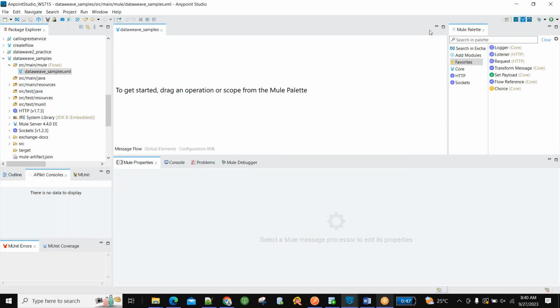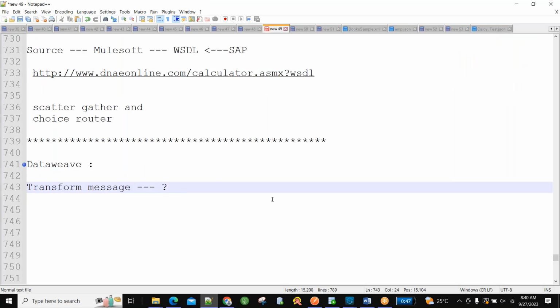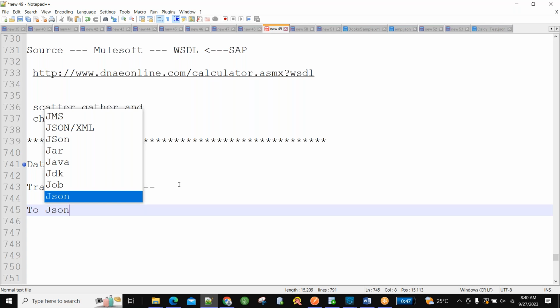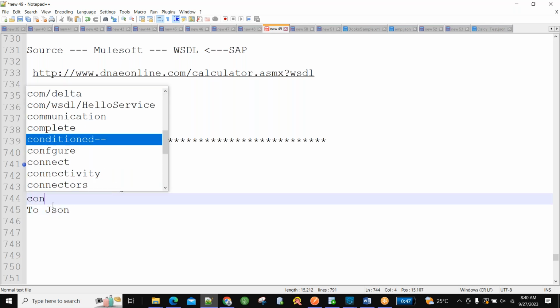Data weave samples. Okay. In the transform message, whatever operations we do come under DataWeave. Till now we have seen the transformation, where we are able to convert to JSON, and other formats also we can convert. Conversion of formats is one thing.